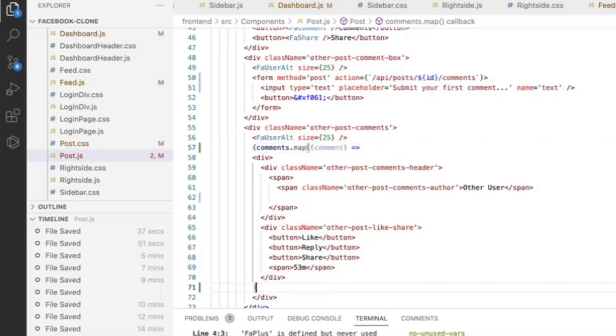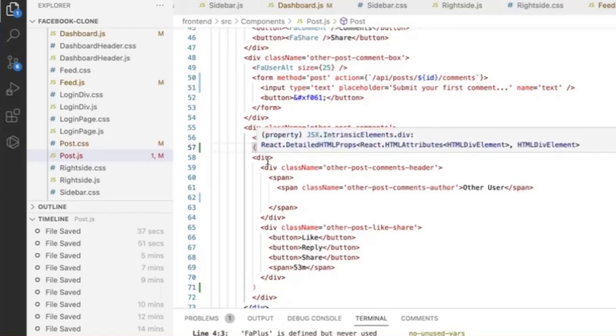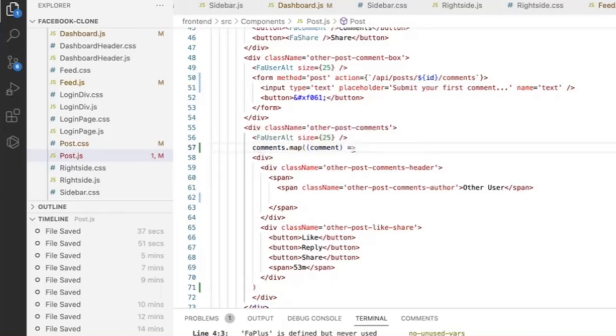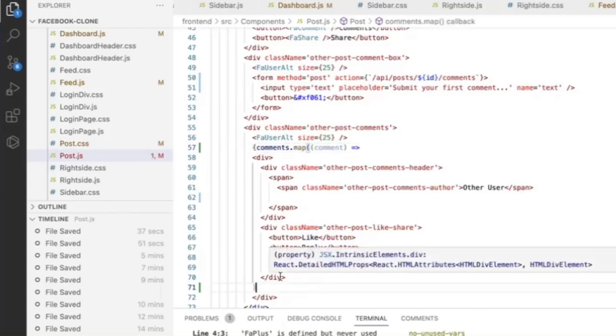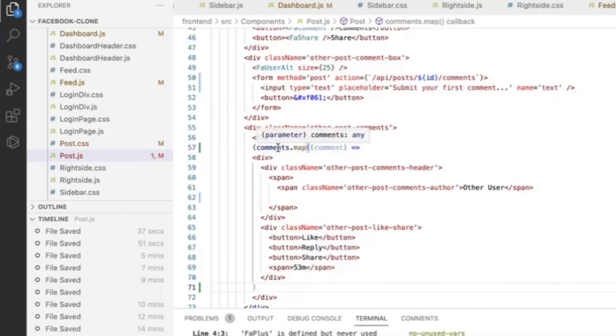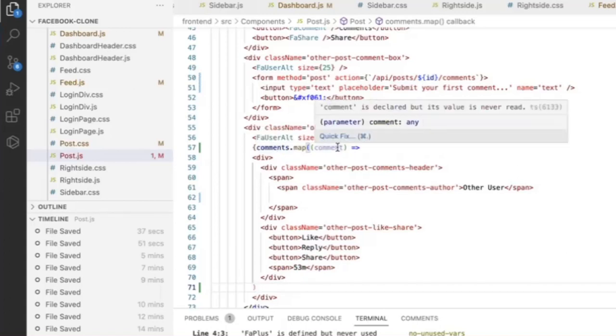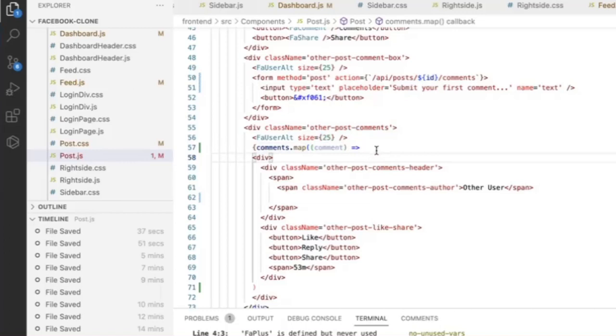Are you saying something like this? No, definitely don't, you're headed the wrong way. You need to receive the comment for each one of the comments, so there needs to be an argument there. Oh, it's just grayed out because it's not used. Okay, never mind. Then an open paren at the end of the line,